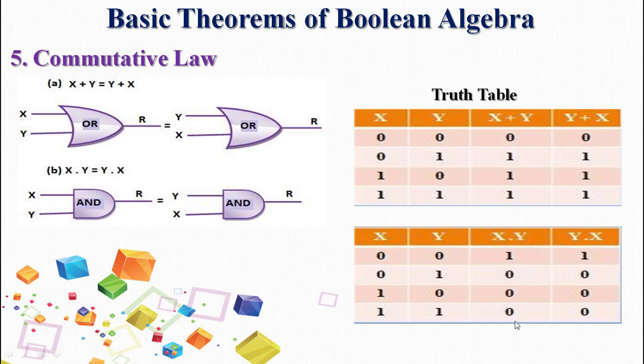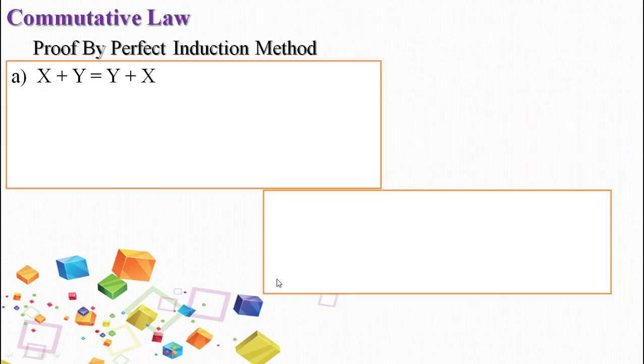So you found another mistake over here, right? Next is 1 multiplied by 1 is 1. So another mistake. Totally 4 mistakes that need to be reversed. So we'll have double 1 over here, double 0 over here. Very good. Then we will move to the next proof method, that is proof by perfect induction method.